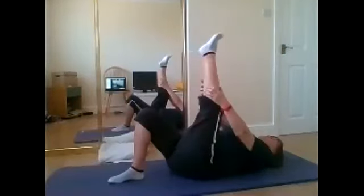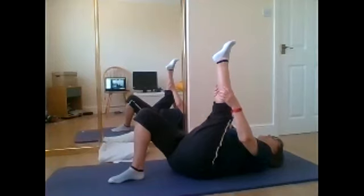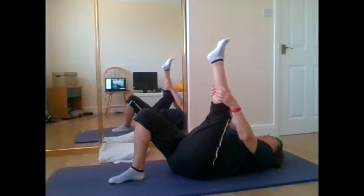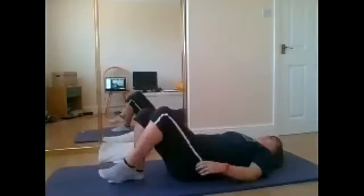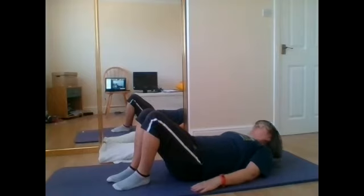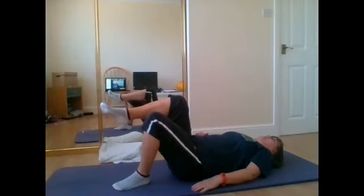And straighten it up. Stretch. Don't pulse. Just stretch it in. Hold it. Stretch it all the way down the back of your leg. Then bend your knee. Stretch it in again. And then bring it down. Draw into your spine. And again, this time, take a deep breath in, lift your right leg into tabletop, and